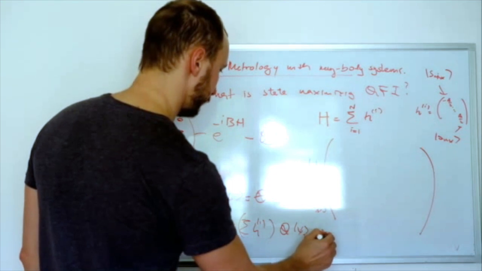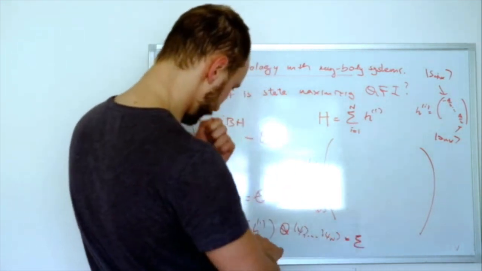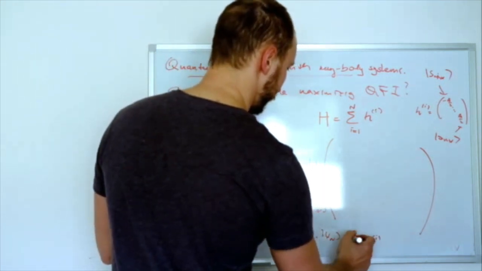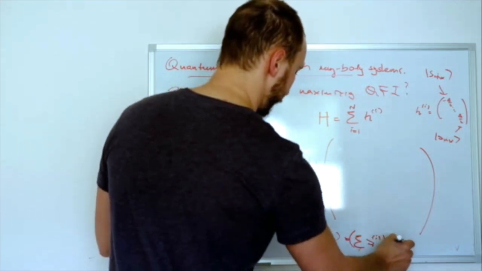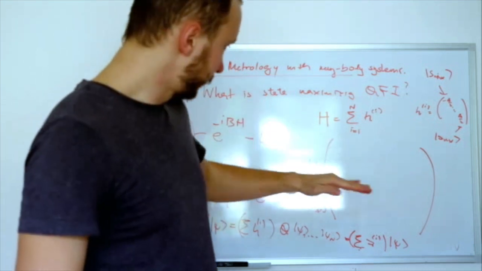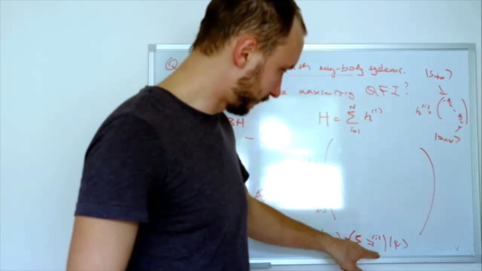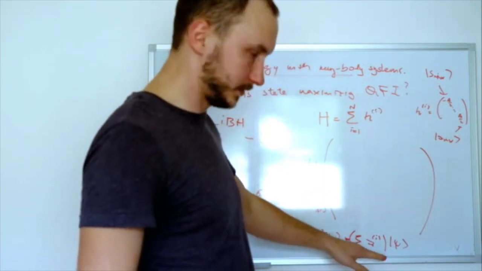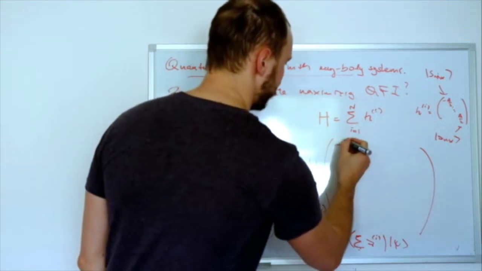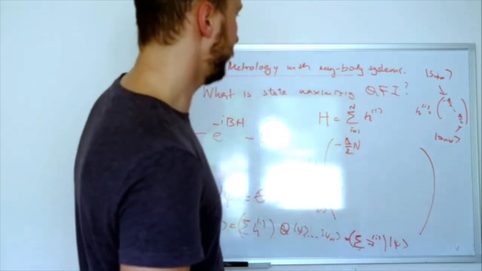Well, the eigenvalue will just be the sum of the eigenvalues, because each H_i will act on its own state, so we'll get the sum of lambda_i over i on the state psi. So if you want to find the minimal eigenvalue of the global Hamiltonian, we just have to take a sum of eigenvalues for all states. So we basically pick the minimal one for each individual Hamiltonian. So clearly the minimal one is given by minus delta over 2 times n, and this is attained by the state